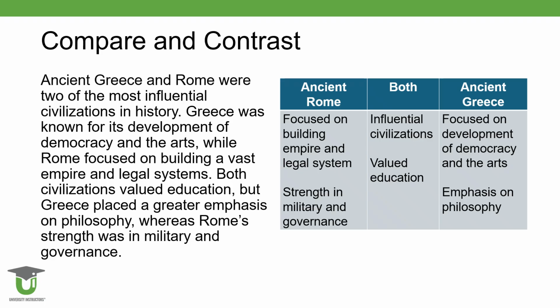Ancient Greece and Rome were two of the most influential civilizations in history. Greece was known for its development of democracy, philosophy, and the arts, while Rome focused on building a vast empire and legal systems. Both civilizations valued education, but Greece placed a greater emphasis on philosophy, whereas Rome's strength was in